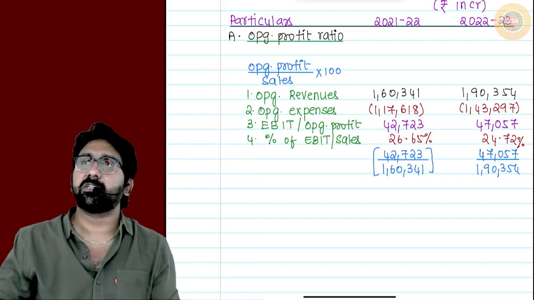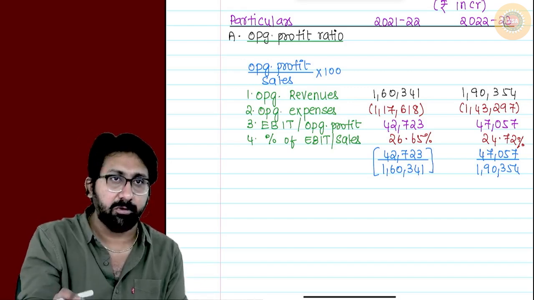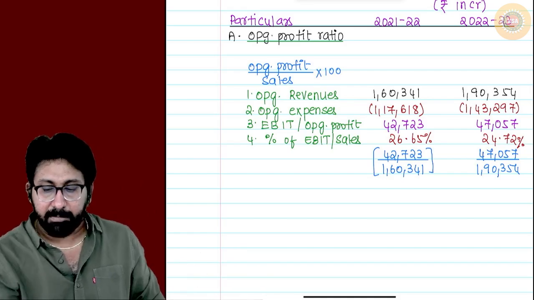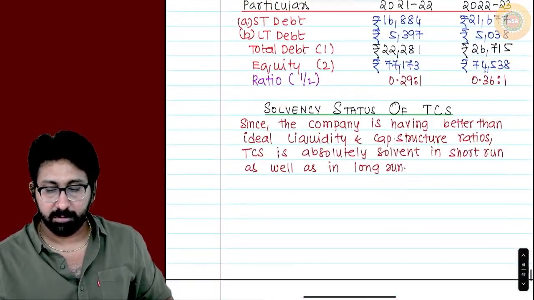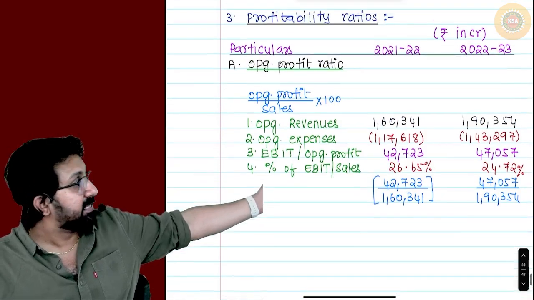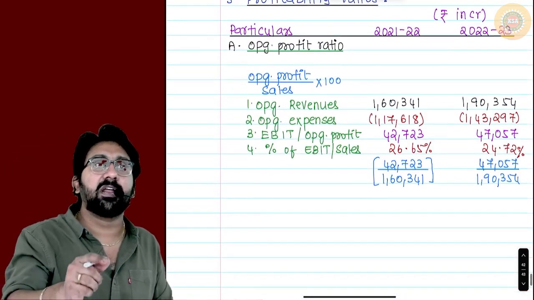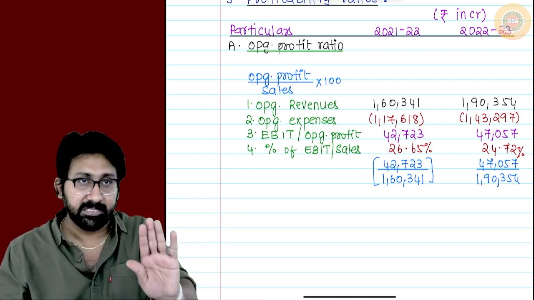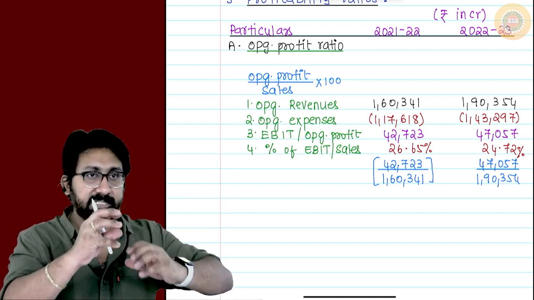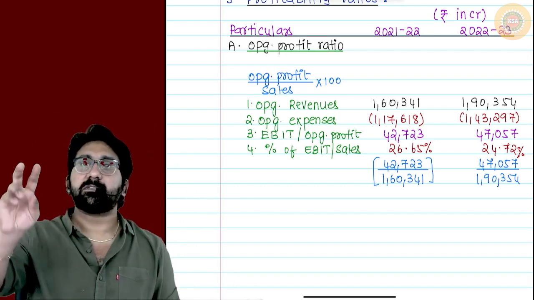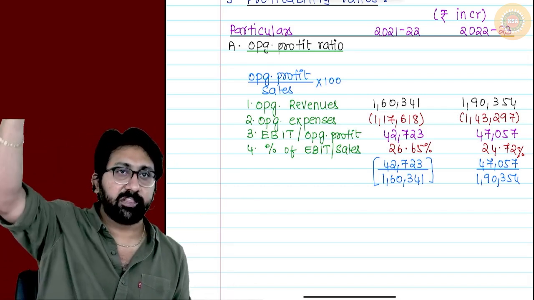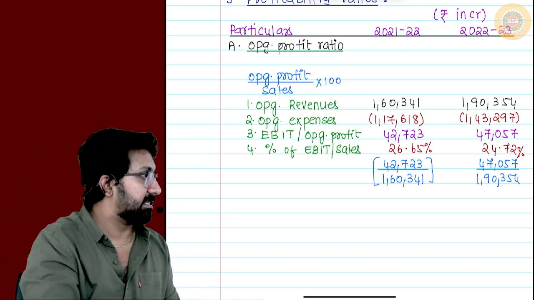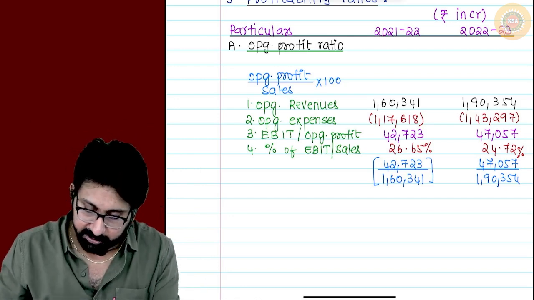Just the comment is, though there is a little fall, that is not going to show any kind of change. If you observe, numbers are more in the second year, but the percentage is less. Therefore, don't judge on the basis of numbers. Judge on the basis of what? Percentages. If you see the overall numbers, 22-23 is more, but when you calculate as a percentage, it is less. So therefore, please write one small comment.